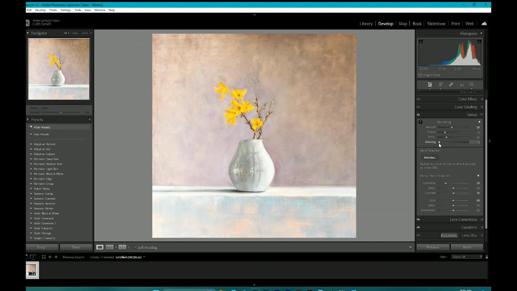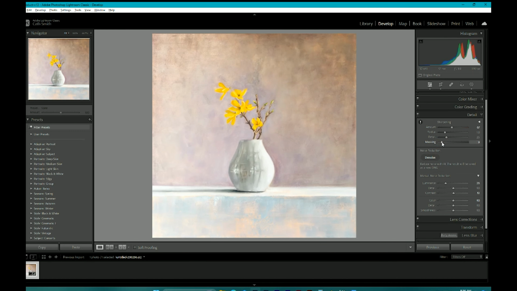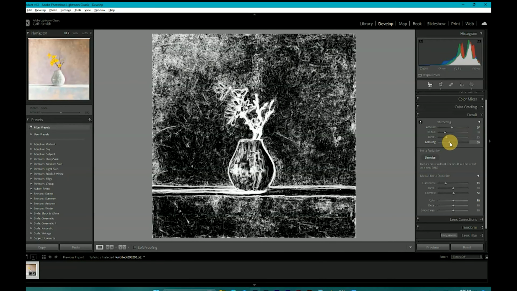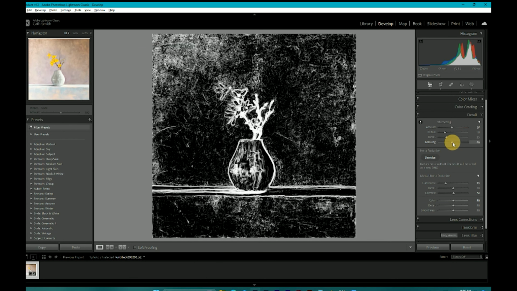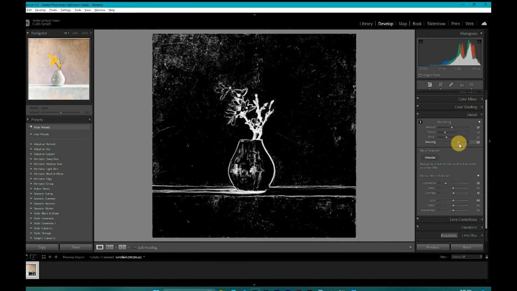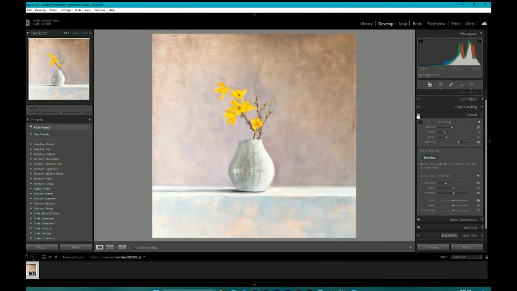But I am going to press my Alt key and adjust the masking. So the masking tells me which parts of the photograph it's going to apply sharpening to, and I don't want it to apply that sharpening to all the canvas detail or the brushstroke detail. I just want to care about the edges. So the more I pull that up, the less it's going to sharpen, and that looks pretty good to me. And now I can see I've got a nice sharp